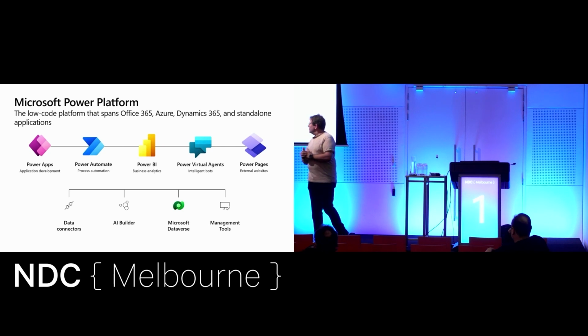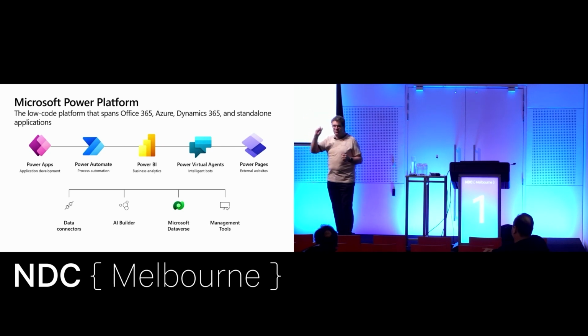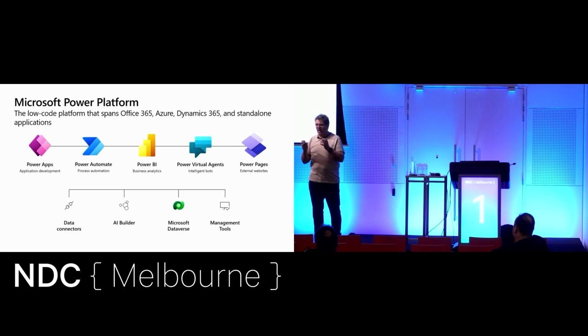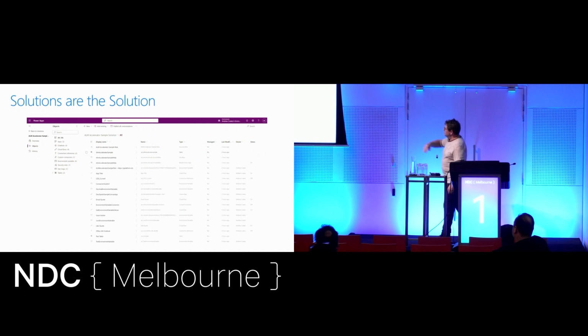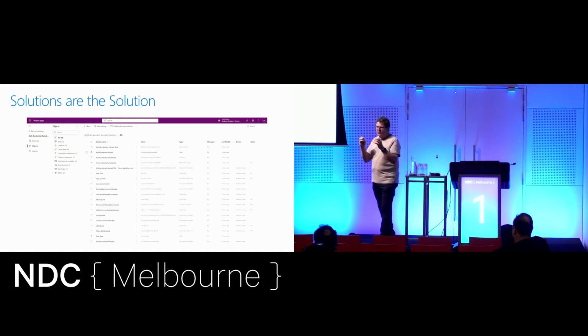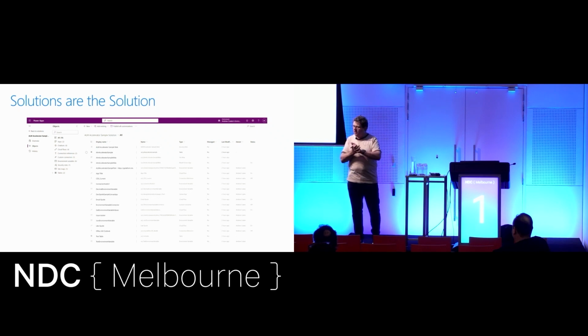Now, more recently, we've got this idea of bundling the components of an application up into what we call a solution, just like we do in Visual Studio. We have this idea of a solution which collects all the components. This is the Power Platform version of a solution, where it's got a whole bunch of different things in it, including, as you can see up here, apps and chatbots and cloud flows and all sorts of things. The nice thing about this is bringing them all into one place means that we have a way of understanding those things all make up our way of solving this particular problem.